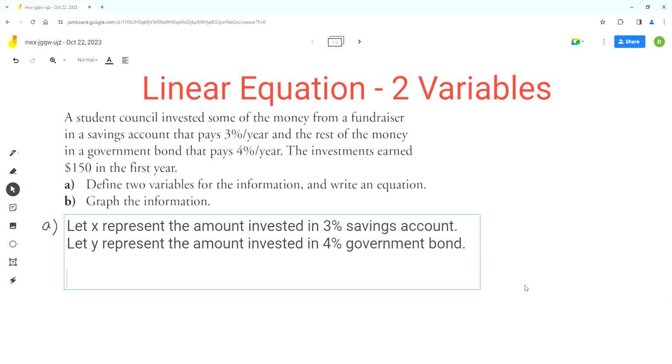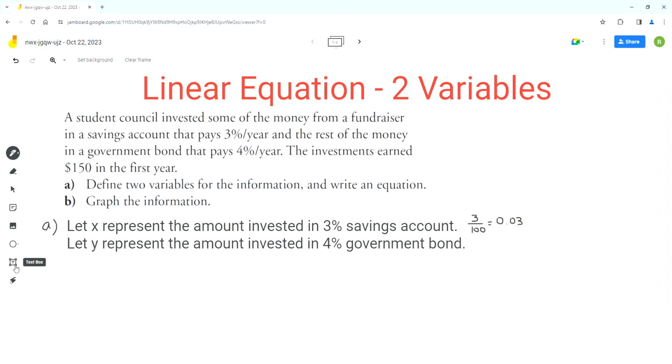For the savings account, the interest rate is 3%. So we'll have to convert that 3% into a decimal form, which is equal to 0.03. So we divide 3 by 100, which gives us 0.03. So we multiply x by 0.03 and that will give us the interest earned from the savings account. So 0.03x